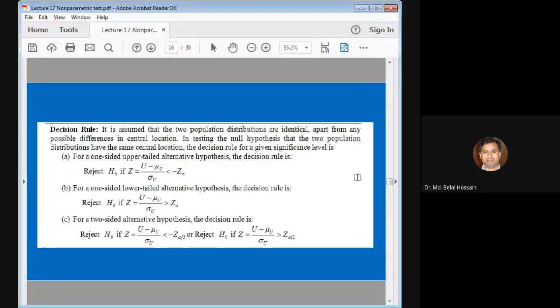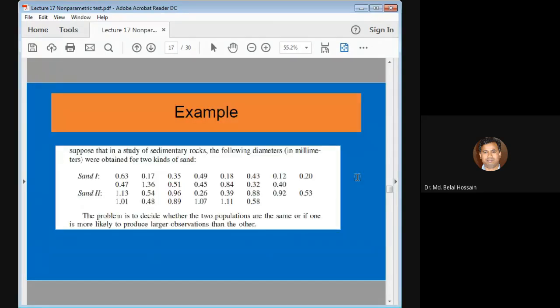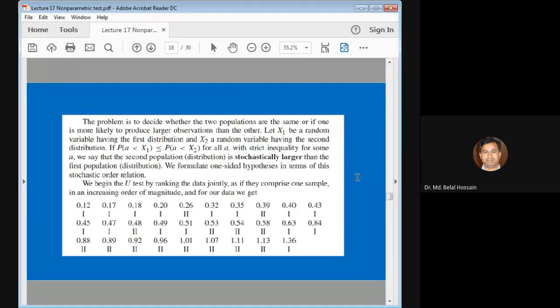কাজেই এখানে যে হাইপোথিসিসটা আপনি ধরলেন, that is one is more likely to produce larger observations than the other, সেটা হচ্ছে আপনার, যেহেতু এখানে ওয়ান ওয়ে হাইপোথিসিস, এজন্য ফুল আলফার ভ্যালুটা, ফুল আলফার ভ্যালু 5% দিয়ে জেড এর ভ্যালু যেটা আসে তার সাথে কম্পেয়ার করতে হবে, কাজে আমাদের নাল হাইপোথিসিস সেই ক্ষেত্রে রিজেক্ট হবে। ওকে, অল্টারনেটিভ হাইপোথিসিসটাই অ্যাকসেপ্ট হবে। এই ডিসিশন আমরা পেলাম। ওকে, this is how non-parametric test can be done based on this problem. Okay,